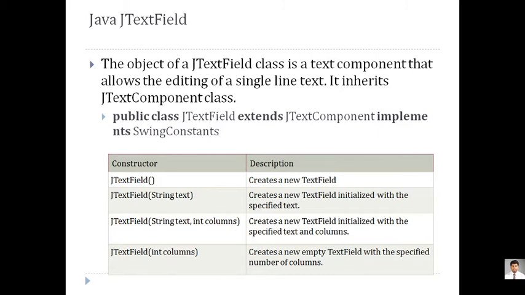Same way, yesterday we have seen a text field example also. So same way, with a text field, at runtime you can set a text, and you can set a column also. If I want to set the maximum size of that text field, that is how many characters it should accept, I can provide its column also. So you can use this parameter for displaying. If you are using the constructor without any string, automatically nothing will be displayed on your screen, that is in the text box. But if you want something to be displayed by default on a screen, then you can pass a parameter that is a string to your class, that is JTextField.